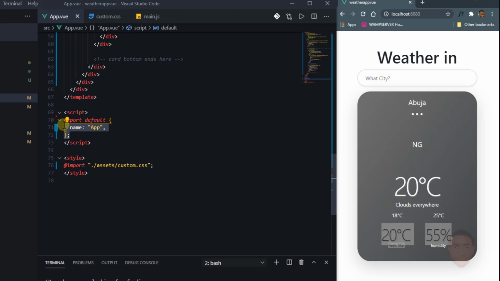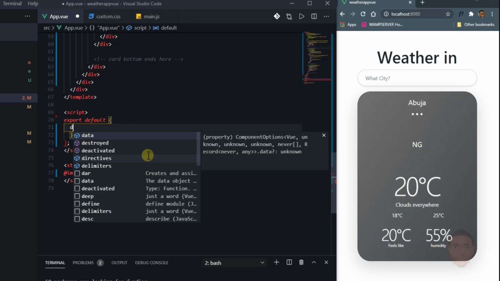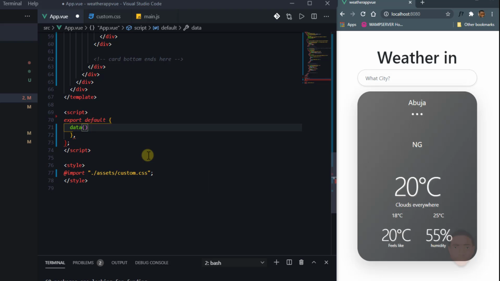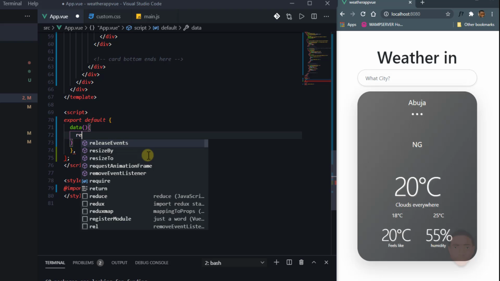By default, Vue exports an object. All of this is an object, so we can add our data object in here. I can get rid of this name. We don't need that. So I'll create the data object, and the data object is a function, and this function returns